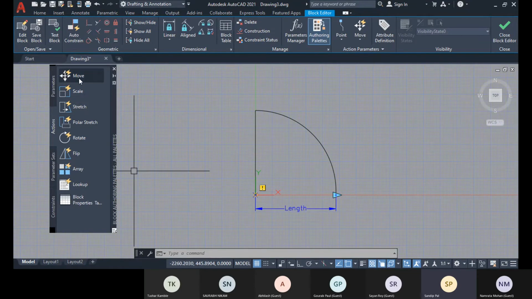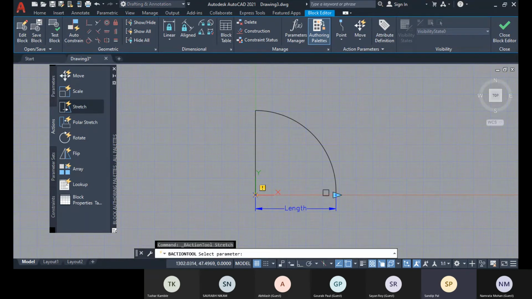Linear direction move can be the right action, scale, stretch. Polar stretch cannot be, rotate cannot be, and flip cannot be according to this. All right, so for that, what we need to select is stretch. We will be stretching the length.